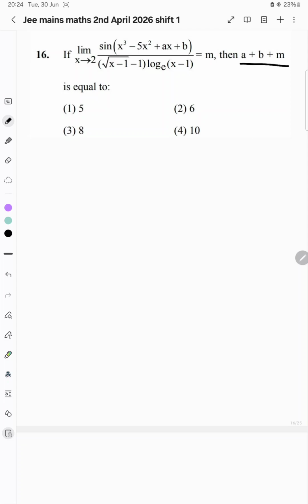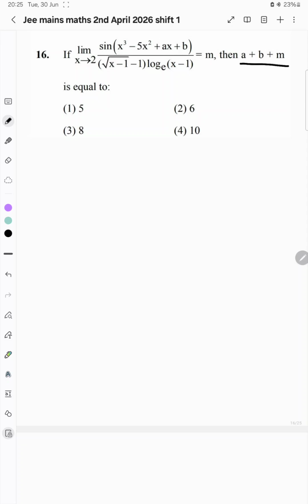When you substitute directly x as 2, in the denominator, root over 2 minus 1 means 1, 1 minus 1 is 0, and log of 2 minus 1 is log 1, this is also 0. So the denominator is 0, then the numerator also definitely should be 0, then only we will get a finite result. So when you substitute x as 2, the result should be 0. For sin of an angle to be 0, the complete inside value must be